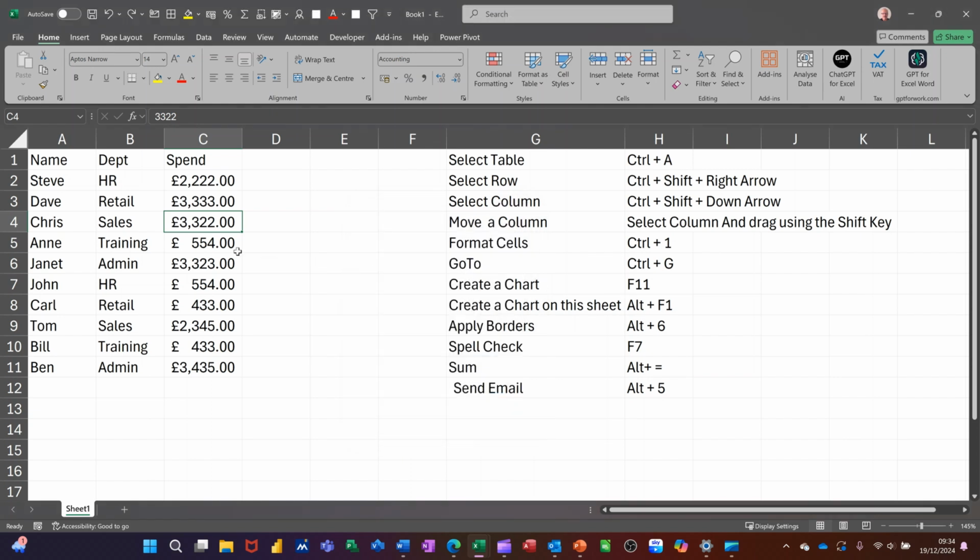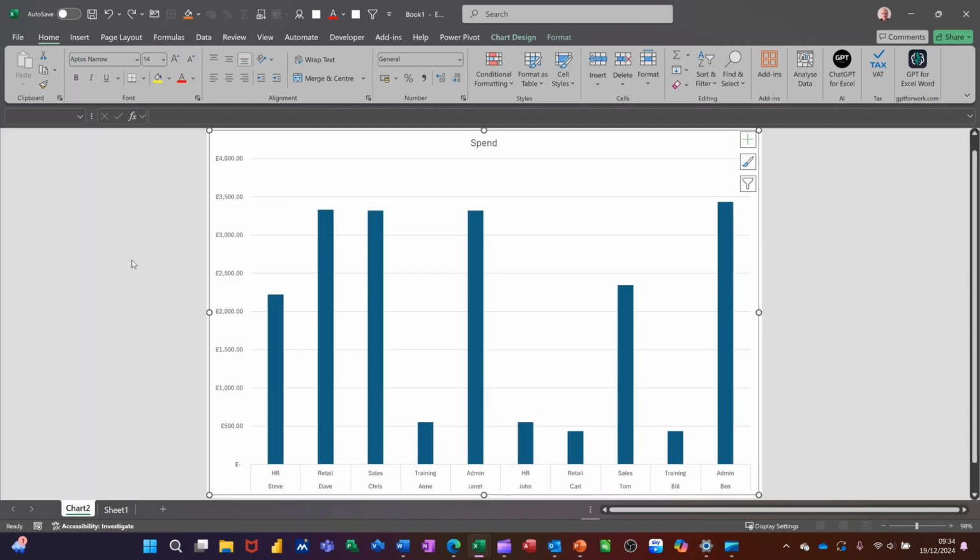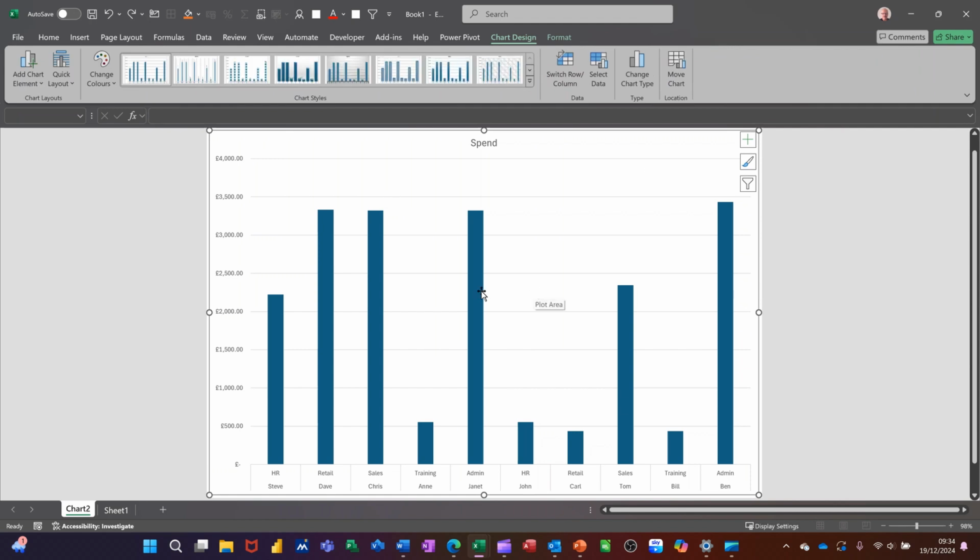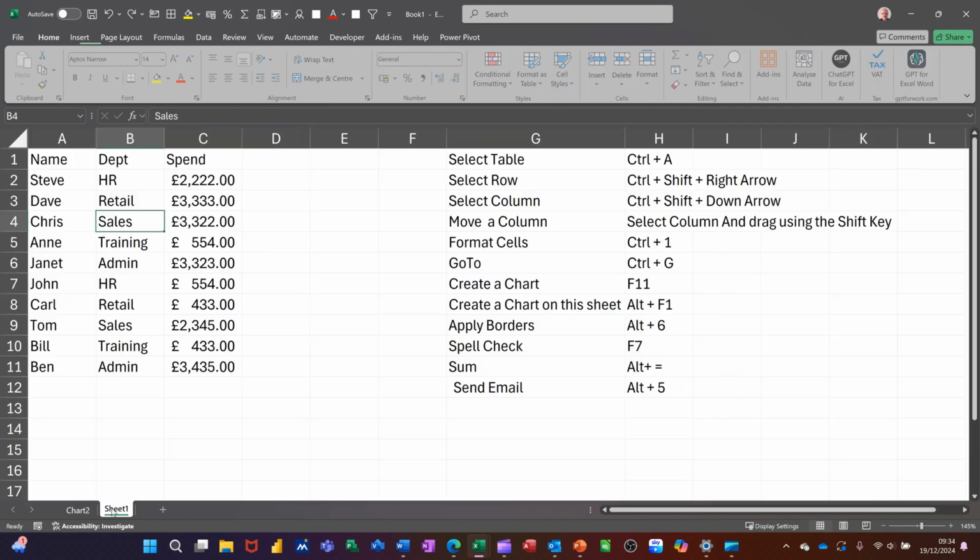Now create a chart. As long as you're in the data, you don't need to highlight it. There's two ways to create a chart. The F11 key will put a chart on a separate sheet. If I press F11, that's created a chart on a separate sheet. You can see it down there. If I come back onto this sheet and do the next one,